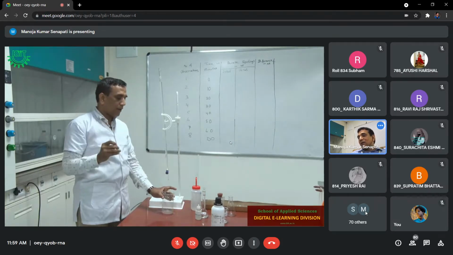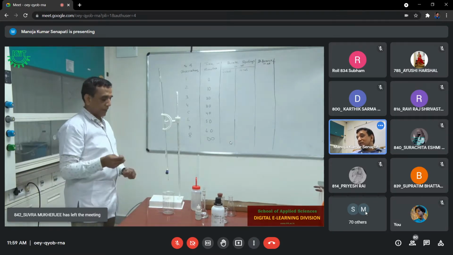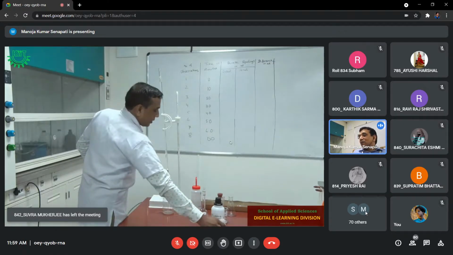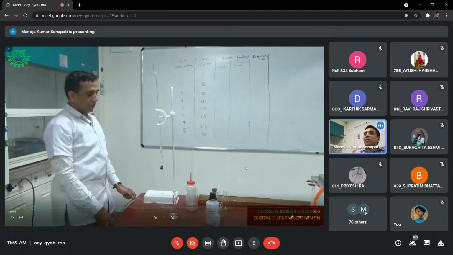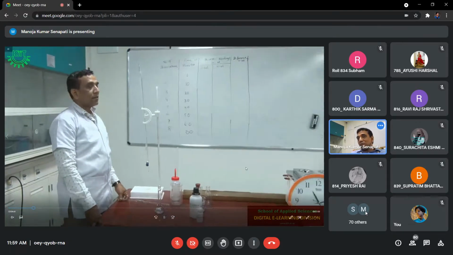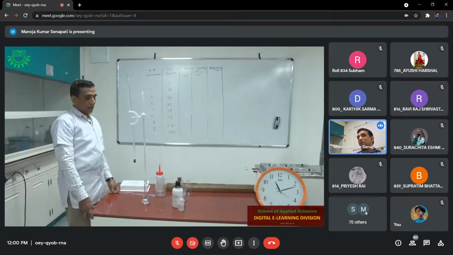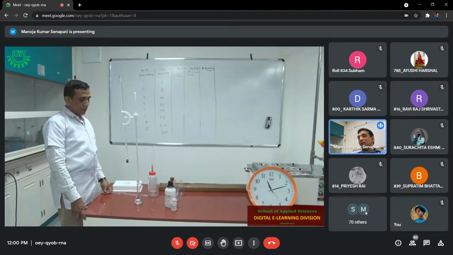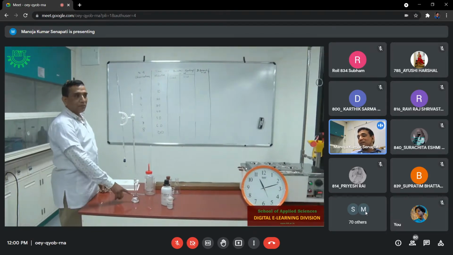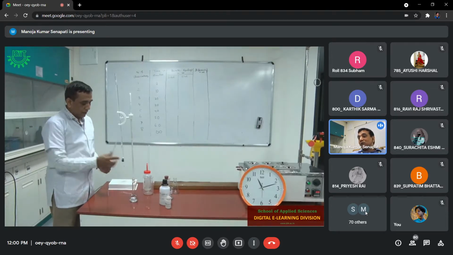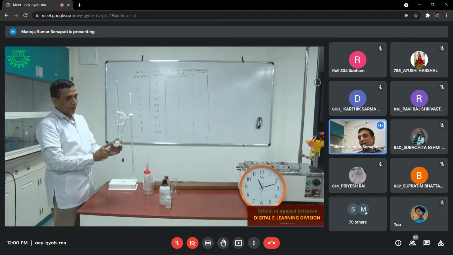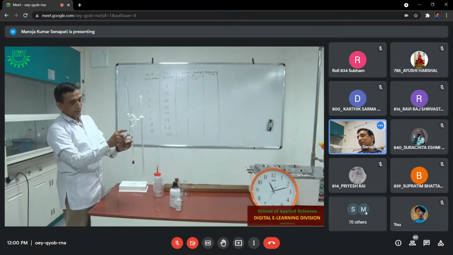After washing, rinse the pipette with the HCl. And the HCl we have taken in the measuring flask. And you can see that in the measuring flask we have taken excess HCl. I have told you there is a marking in the measuring flask. Up to that mark it will contain 100 ml. But we have taken a little bit excess HCl in that measuring flask, so that we can utilize the excess HCl for rinsing our 10 ml pipette.